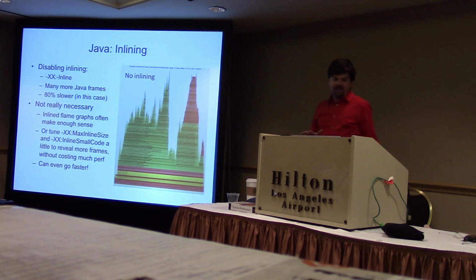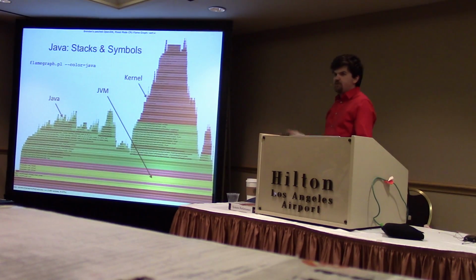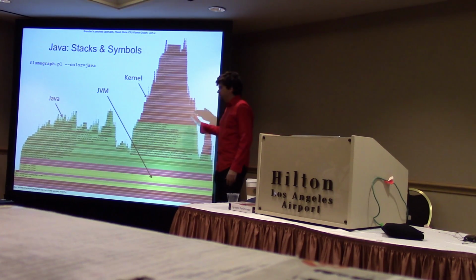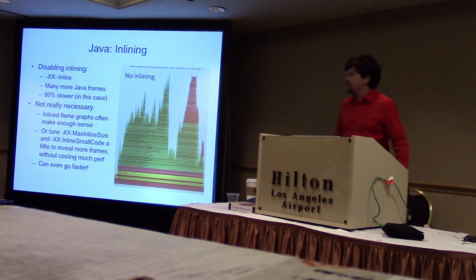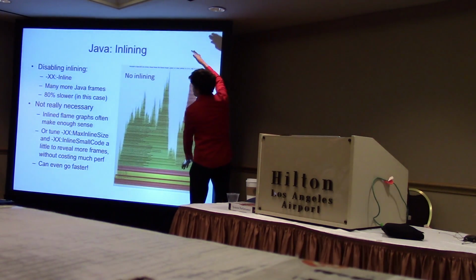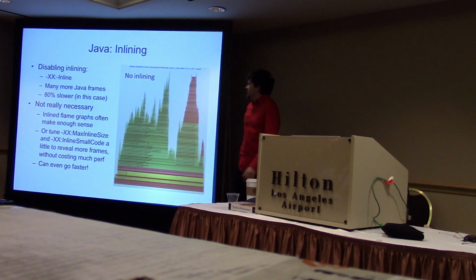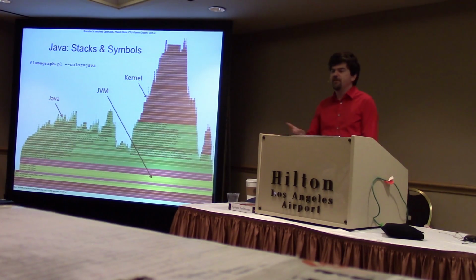One thing to know about that is with inlining, since I'm using perf events, I'm just fixing the frame pointer. This is not all of the real frames or function calls in Java, because the JVM has inlined some functions. If you switch off inlining, things get much, much taller, but also Java runs much, much slower. I haven't found switching off inlining to be that necessary because this still makes enough sense. We've solved problems with this, and we know that things are inlined, and there's going to be some things missing, but we still get the overall pattern.